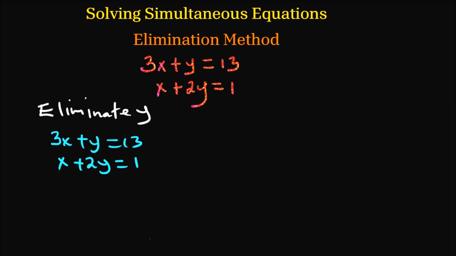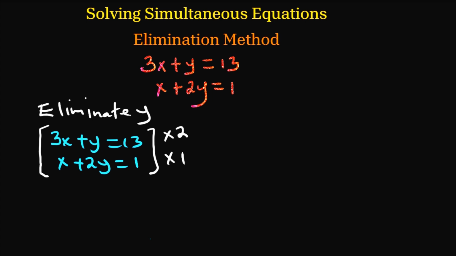So we try eliminating y by subtracting. It is not possible. So we edit the equations by multiplying each equation by the coefficient of y in each case. So we multiply the first equation by 2, because 2 is the coefficient of y in the second equation. Then we multiply the second equation by 1, which is the coefficient of y in the first equation, so that